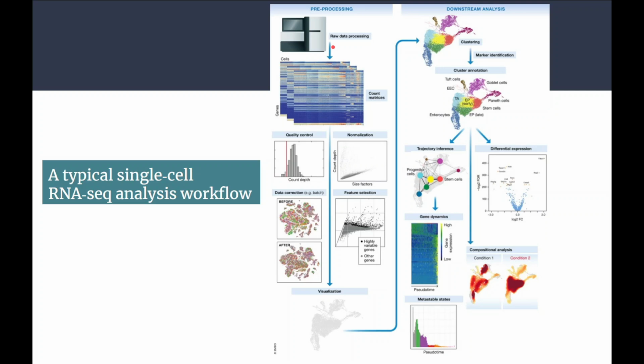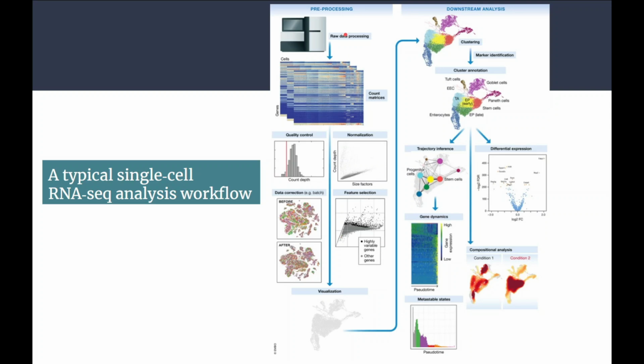So we are going to send our samples for sequencing, and the sequencer will do the sequencing, and then we will get the raw data, that is the FASTQ file. From the FASTQ file we will have a couple of workflow steps. So this is basically the entire, typical single cell RNA-seq workflow.